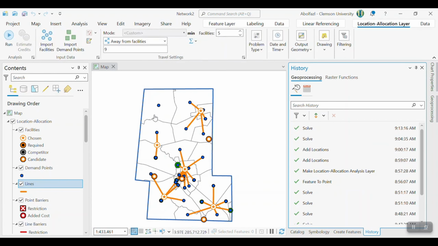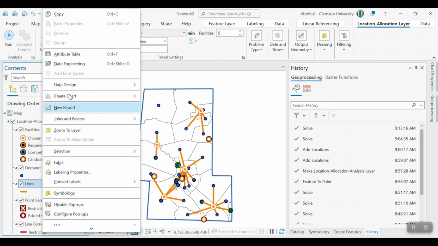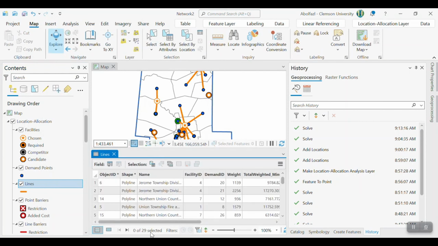So as you can see, it cannot be done in 9 minutes. First of all, it selected the 5 facilities, right? 1, 2, 3, 4, 5. But within a 9-minute drive, some of them cannot be served, right? So if you open up the attribute table, for example, for the lines, it shouldn't be 30 demands. I think it should be 29 or even less. I'm not sure about the other points, but now we can see that there are only 29 locations or 29 demands